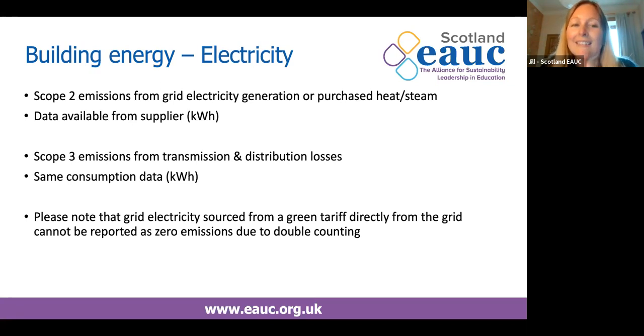Then for electricity, so these are scope 2, like I mentioned. It's actually split into 2 different sources. So you've got the emissions associated with generating the electricity that you consume, which is the scope 2. Then you also have the emissions associated with the transmission and distribution losses associated with that electricity that you've consumed. Again, it should be available from your electricity bill in kilowatt hours. You just enter it into the tool twice. There are 2 separate factors. The main one is the bulk of the emissions, and then there's a small additional source associated with the T&D losses.